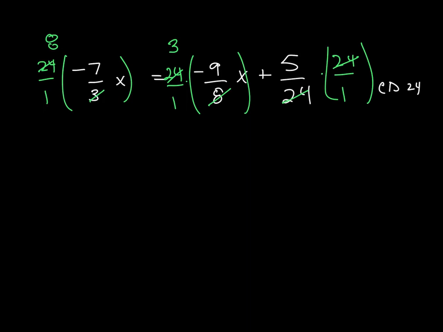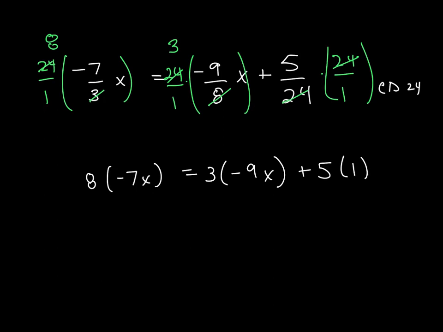So what does that leave me left with? That leaves me left with 8 times negative 7x is equal to 3 times negative 9x plus 5. And ideally, you should know that 24 divided by 24 is 1, but you don't have to write that. All right, so now I go through and multiply each of the pieces. I'm just multiplying this together, and